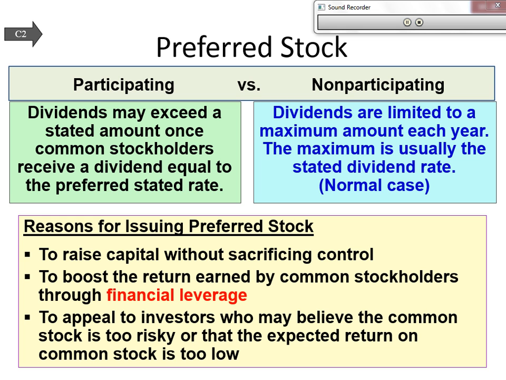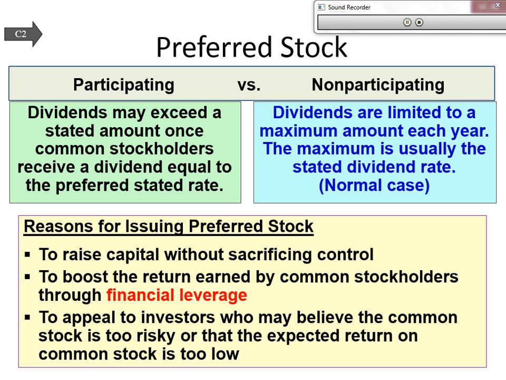So what does it mean to have participating preferred stock versus non-participating preferred stock? Dividends will exceed the stated amount once common stockholders receive the dividend at preferred stated rates. So what does this actually say? That they can receive more than was stated in the stockholder agreement. Who determines the stated value? The owner of the corporation? Depending on the